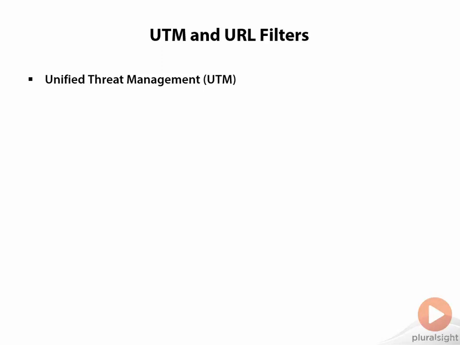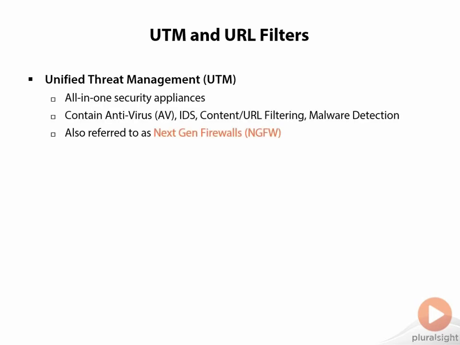All right, and then we have UTM and URL filters. So UTM stands for Unified Threat Management, and it's a device that is basically an all-in-one type of appliance. It can contain such things as antivirus, IDS or intrusion detection systems we just talked about. It can do content or URL filtering, which we'll talk about a little bit more in a moment, and also